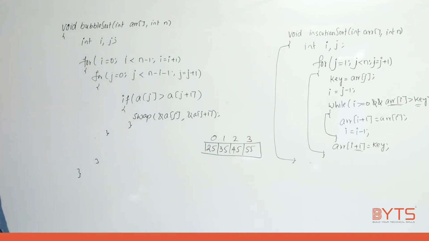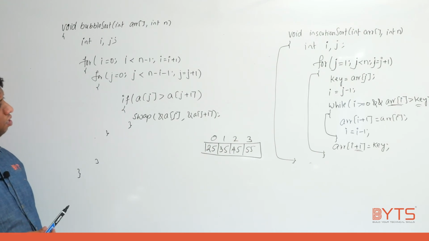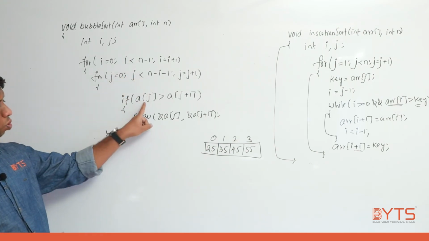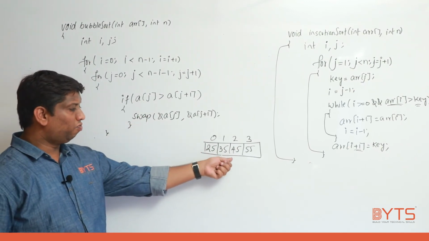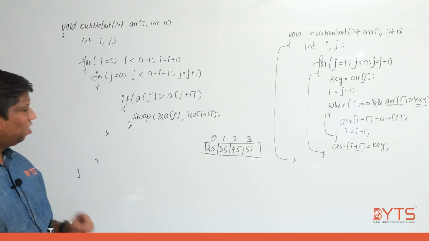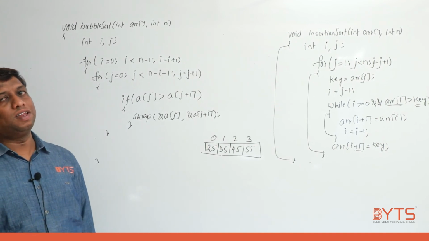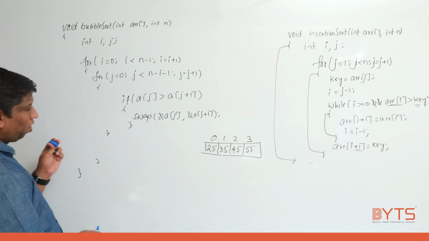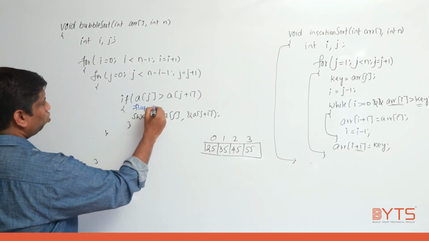Okay, fine. See, try to understand, very important point I am telling. This condition is true, this condition is true, 25 is compared with 35, false, 35 is compared with 45, false, 45 is compared with 55, false. Have you noticed, at least one time also I did not enter into if. Why? Because already the data is sorted. Then what can I do? Flag equal to 0 I can write here.